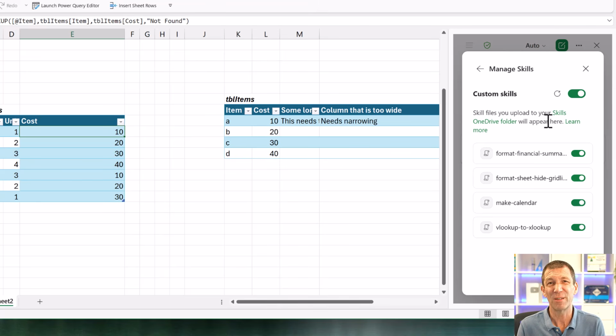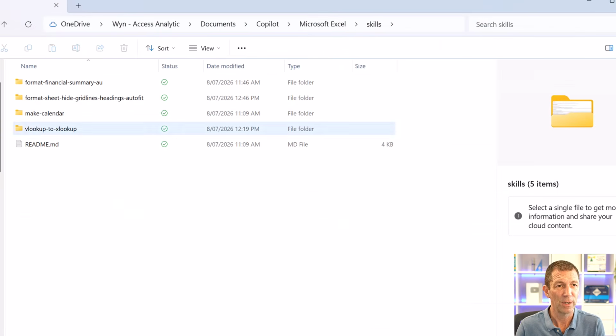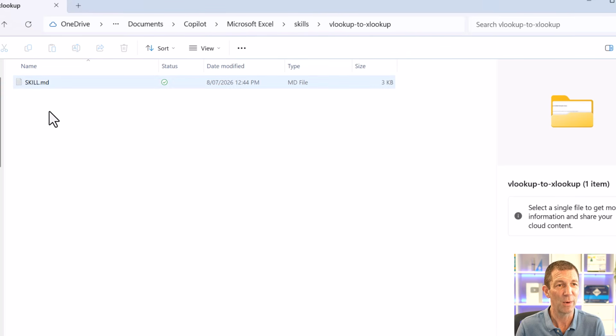A couple of issues I found, like when I tried to create a skill using Copilot agents, it kept failing. And it was the copy paste into the text file that didn't work. So let me just show you what I mean by that. If I come over here, I've got my skills, my OneDrive folder synced here. So for example, in this VLOOKUP to XLOOKUP one,